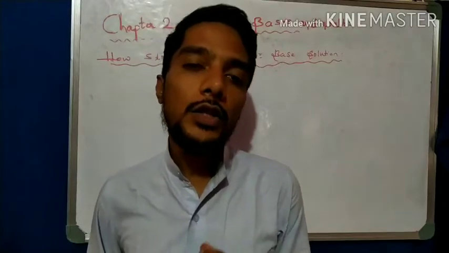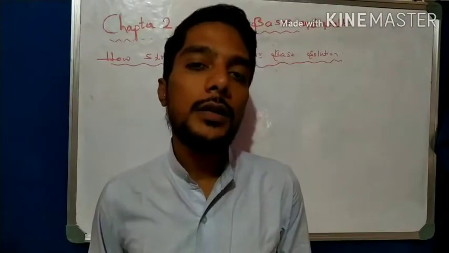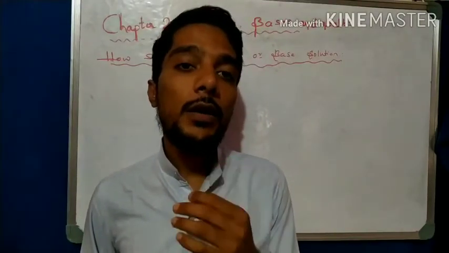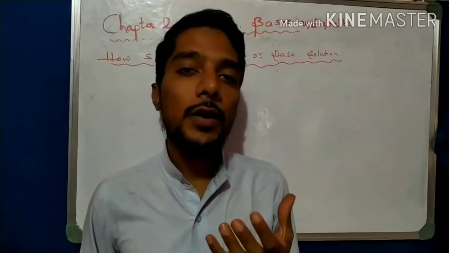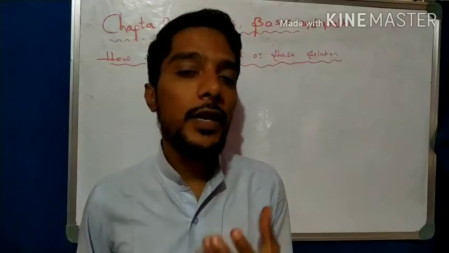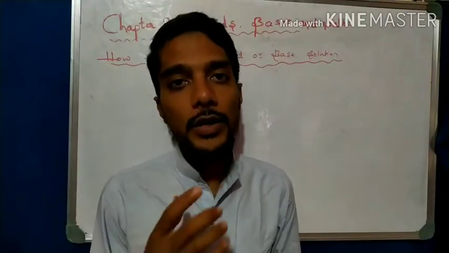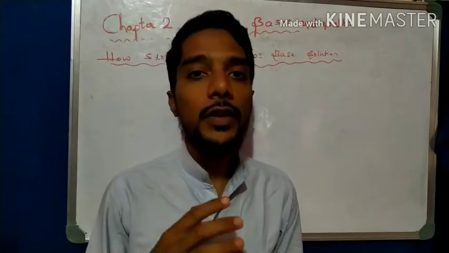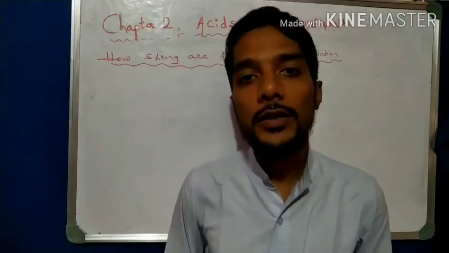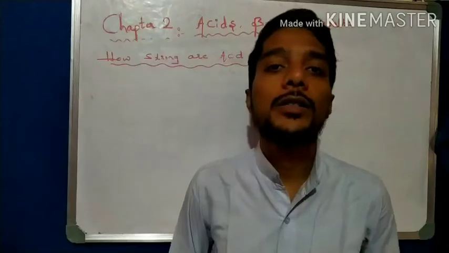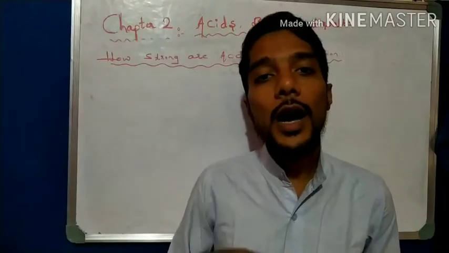We know that whether a base is strong or weak depends on the concentration of OH minus ions. That is, the quantity of OH minus ions decides the weak or strong base, and the quantity of H plus ions decides the weak or strong acid. Now how do you measure the quantity of H plus ions and OH minus ions? So we require another method.